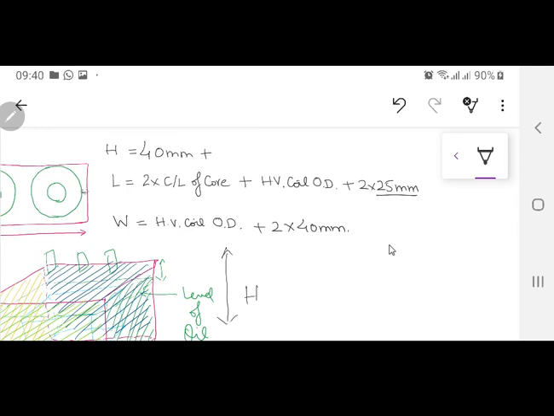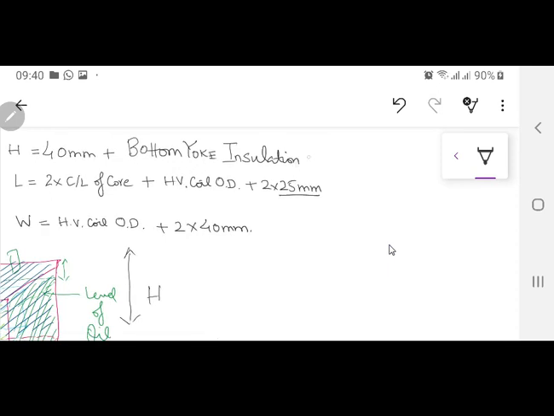This is the clearance over there, and then I have the bottom yoke insulation. Now by insulation I mean that wooden plank or that asbestos material which is actually going to be placed inside the transformer tank, and the transformer is going to be placed on that one. That can vary depending upon the weight of the transformer. So that is bottom yoke insulation. Plus, what is this? This is the window height of the core.